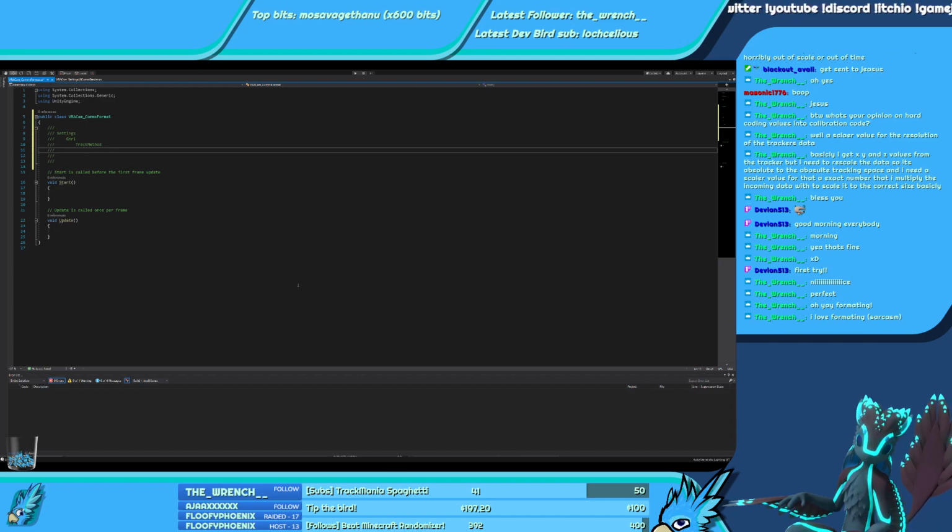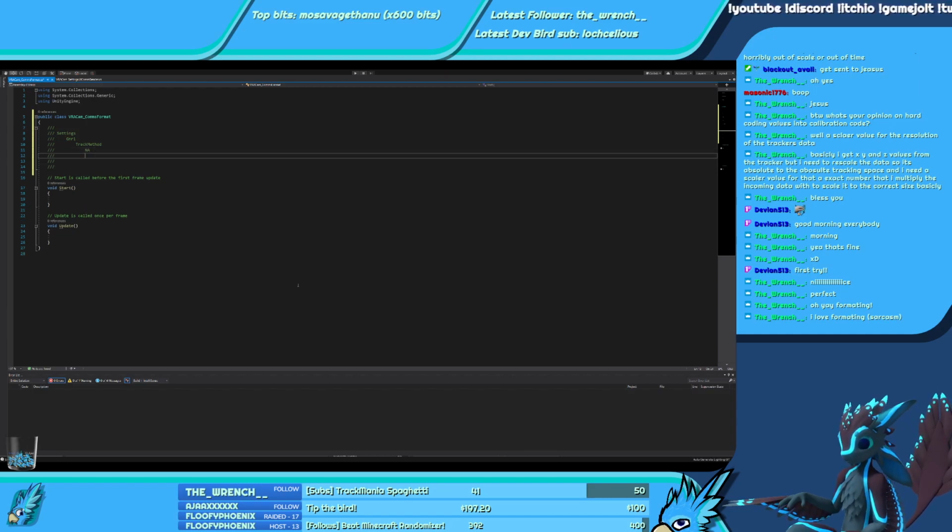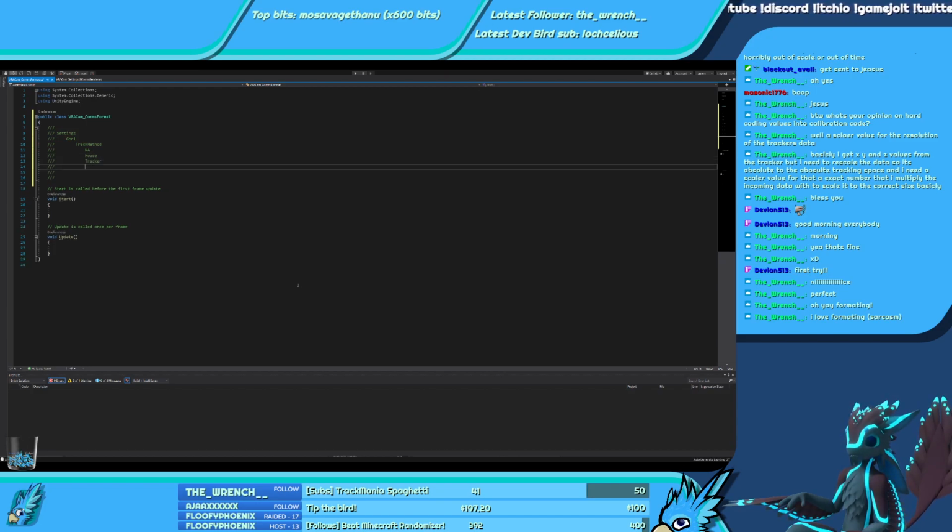And the track method could be N/A, mouse, tracker, VR. Let's see.